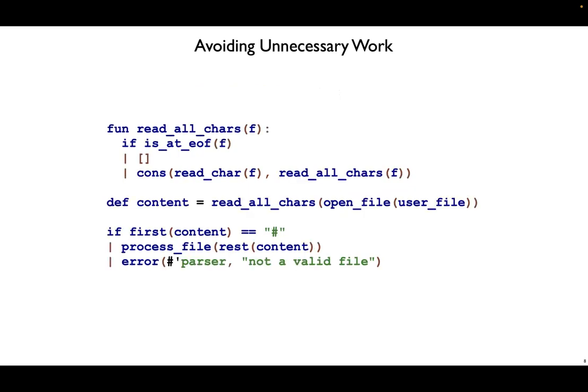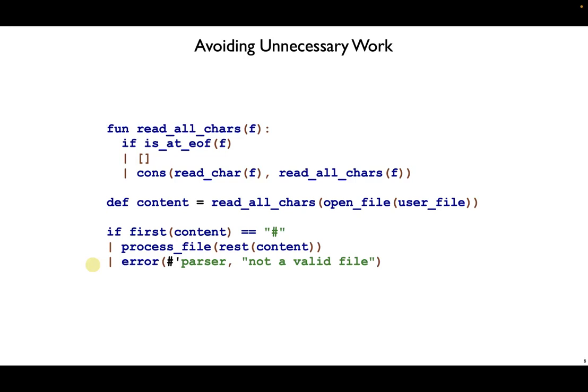Here's another example. We've got a function that reads all characters of a file. And what we want to do down at the bottom is make sure that that file starts off with a #line. So we're looking to see if the first element of the content is equal to a hash. If it is, then we go on and process the file using some other function. And if it's not, we raise an error immediately. The way this code is organized, we do a lot more work than we need to end up in this